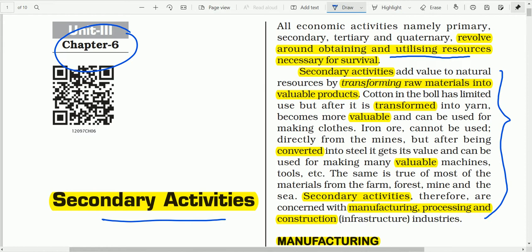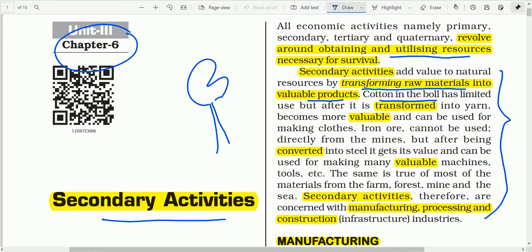Secondary activities add value to natural resources by transforming raw materials into valuable products. In each stage of the manufacturing or transforming process, value is added. For example, this is the cotton plant, and this is the cotton boll. Cotton in the boll has a limited use